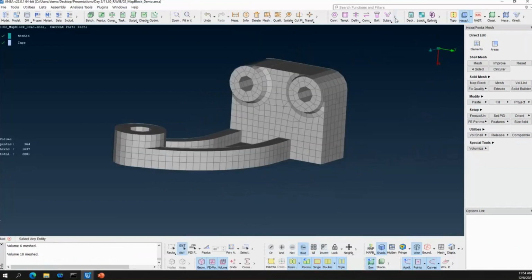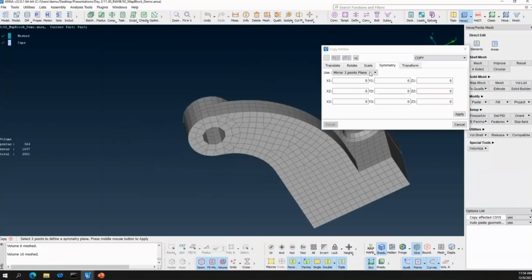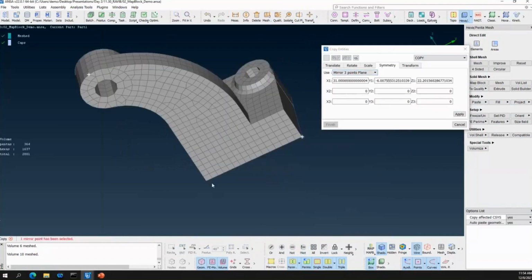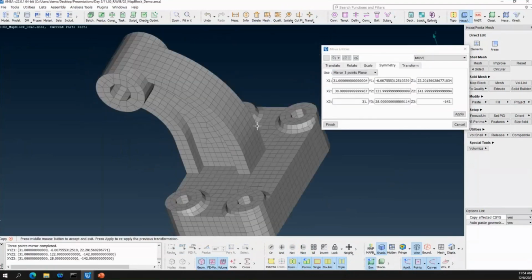Now I'll use the transform function to copy the generated hexes by doing a symmetry and using the mirror 3-point plane. I'll select 3 points to define the plane and create the full component.